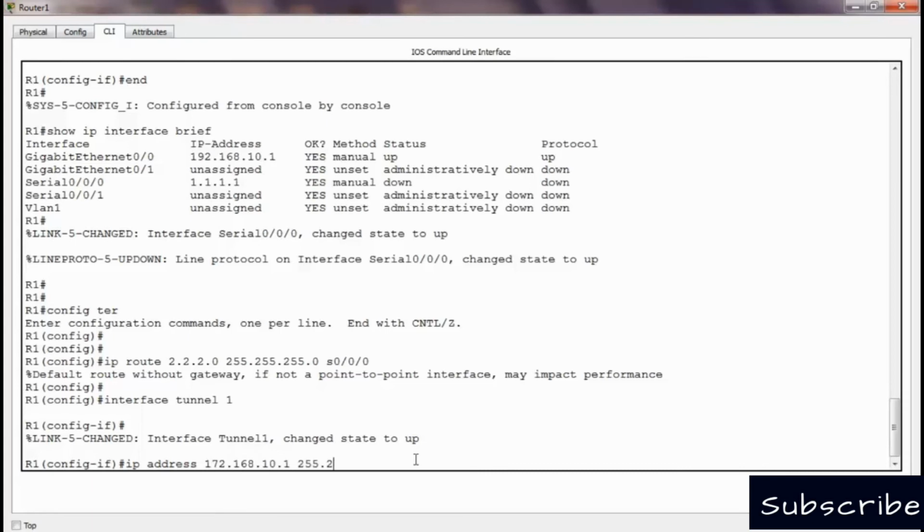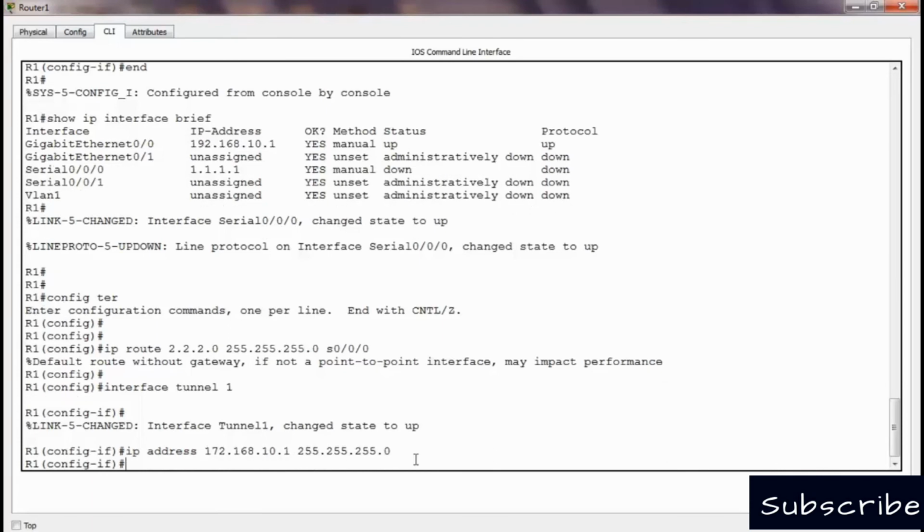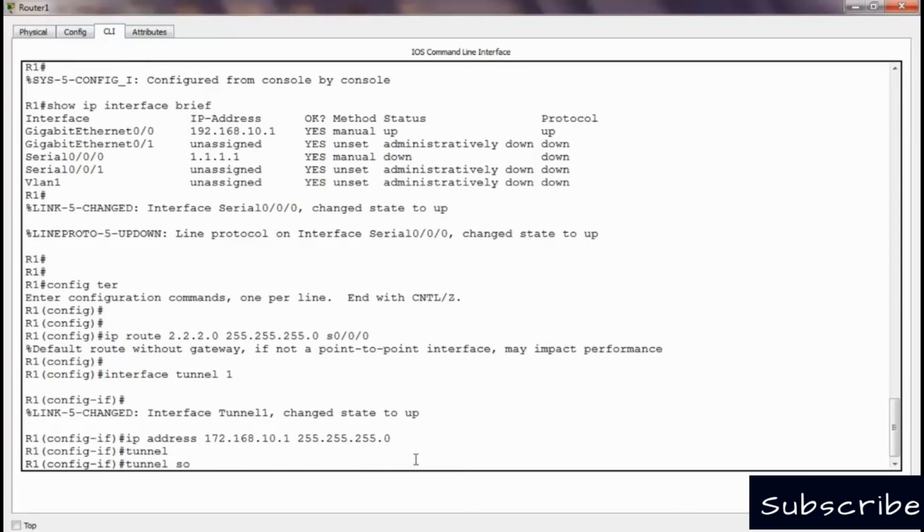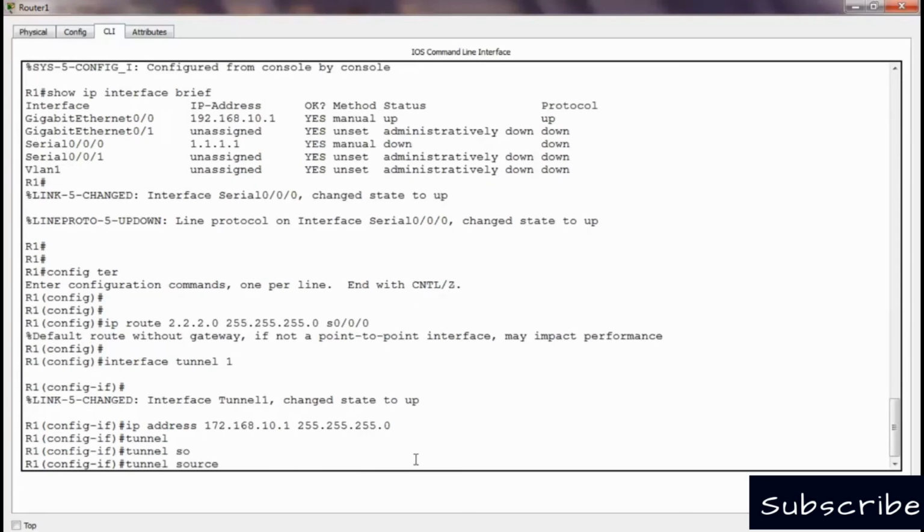It is the same as a normal IP address, but it is a tunnel IP address. Then the tunnel source. What is the source of the tunnel? Here we will write the tunnel source as our IP address,